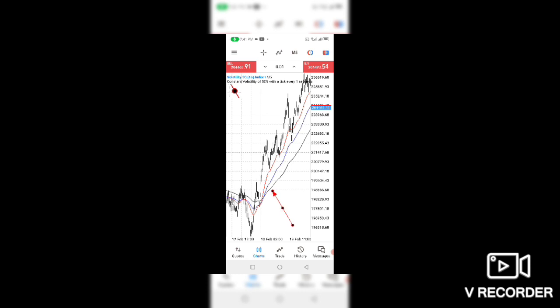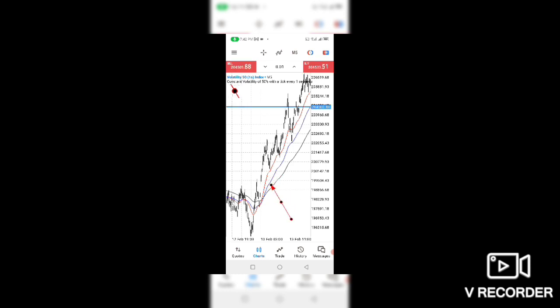You need this black moving average to be below the two other moving averages. This black moving average has to be below the red and blue moving averages. That's the first condition. It has to support the moving average 50 and 100, which are red and blue, and the only way it can support them is to be below them, because a support is supposed to be something under that holds it up. Then none of them should touch each other. They should be approximately parallel.